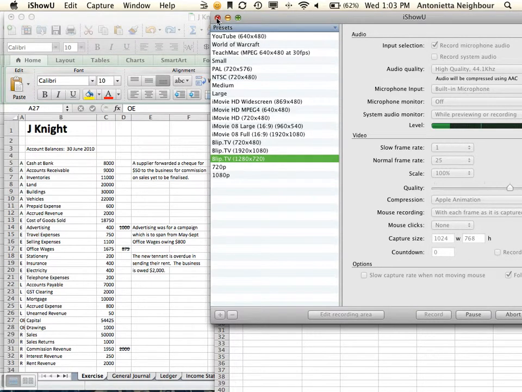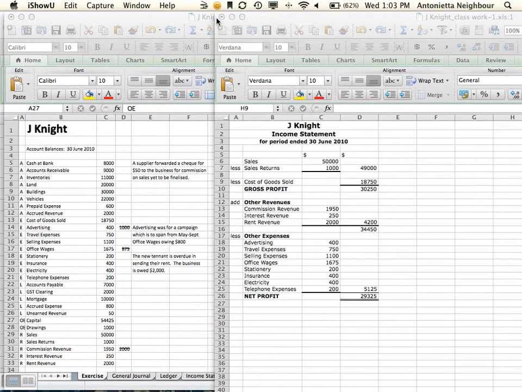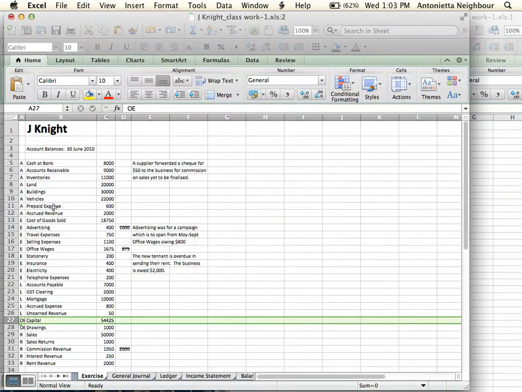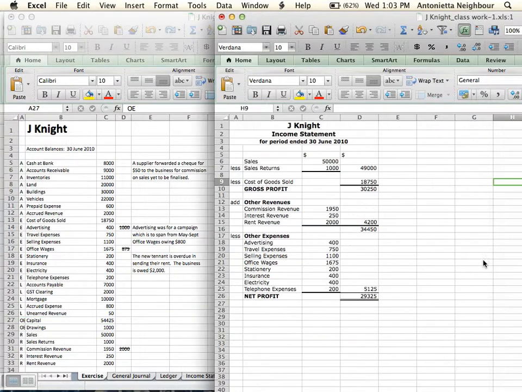Okay, so we've done up to the income statement, and what we're going to do now is move on to the balance sheet. So this is the second last stage of the question. So I've got my exercise spreadsheet on this side, and on the other side I've got